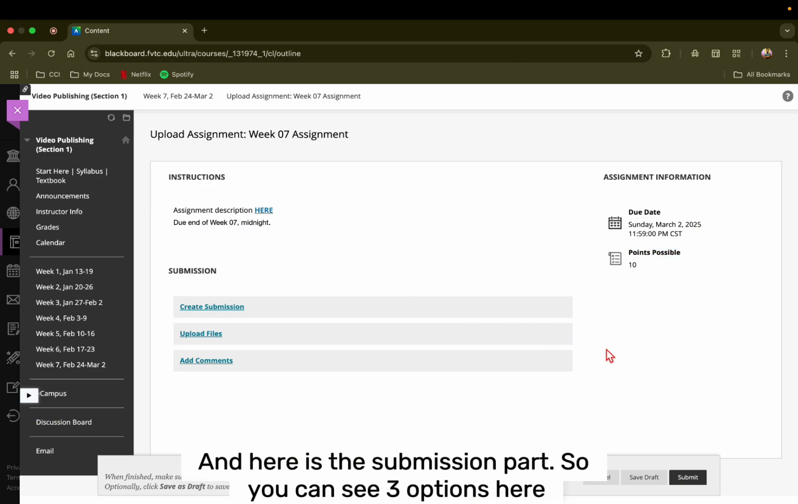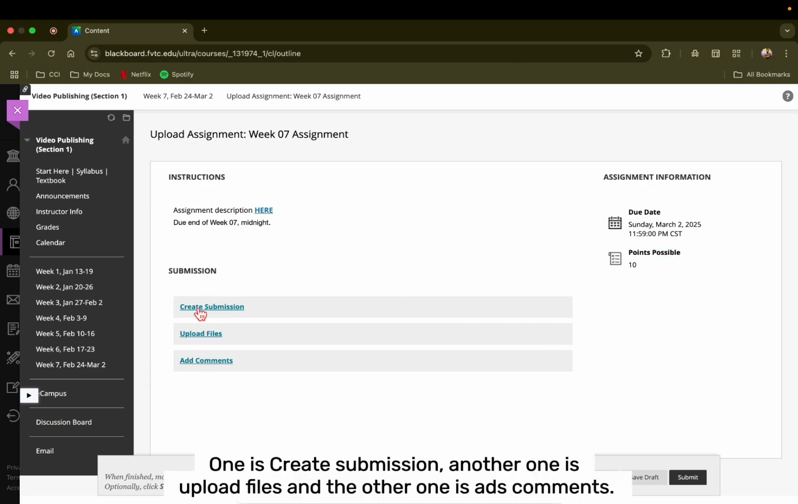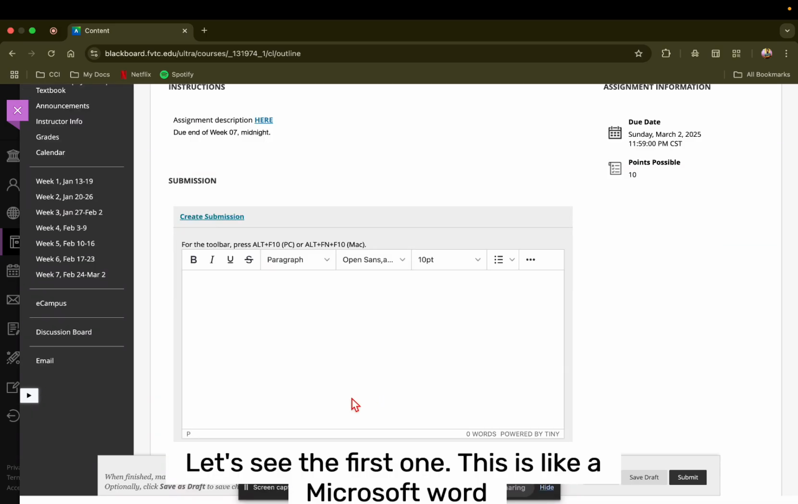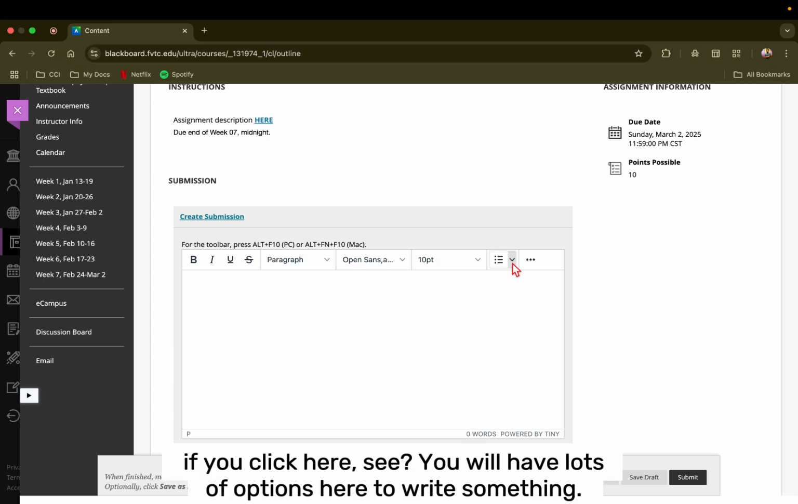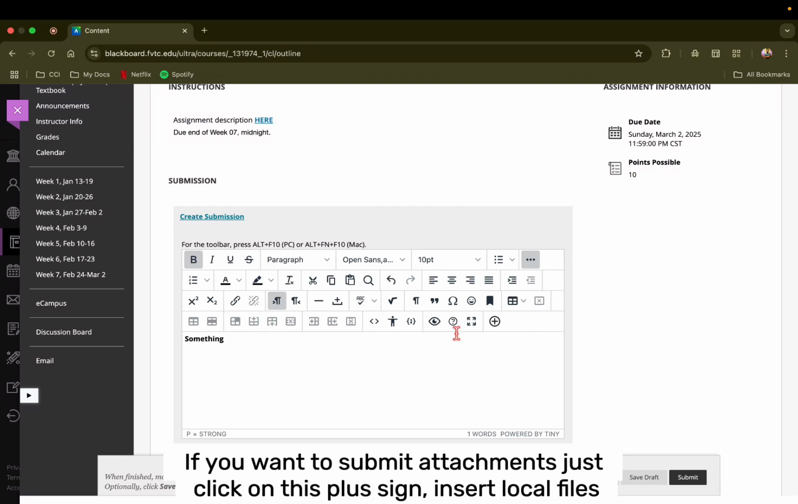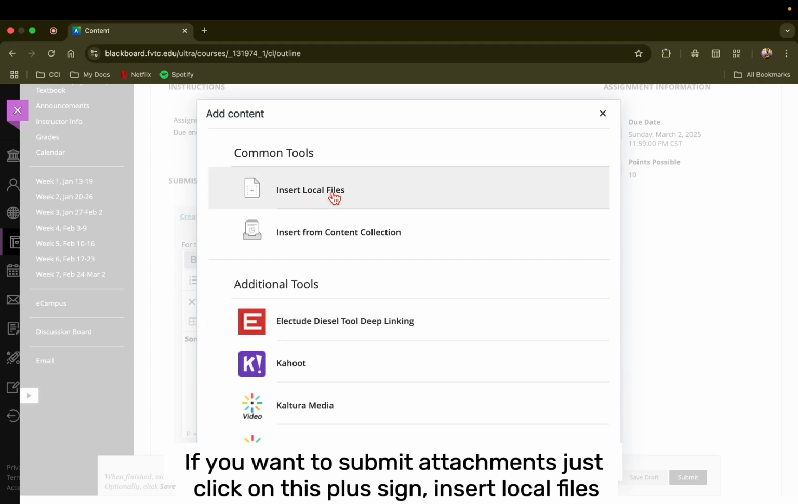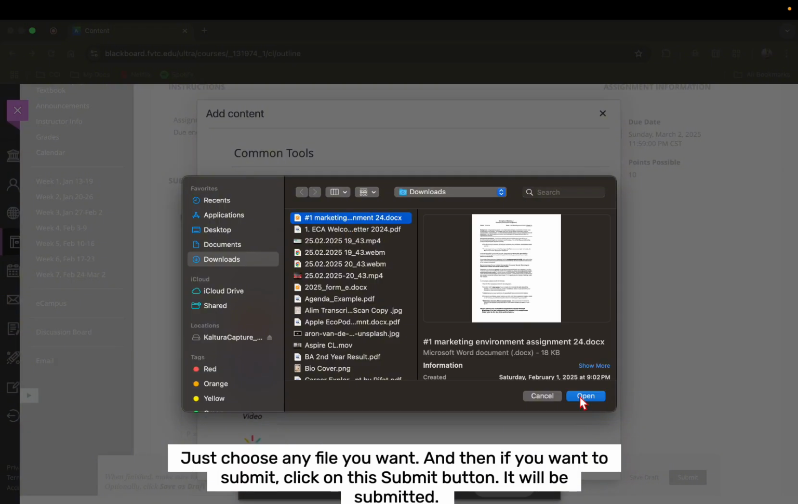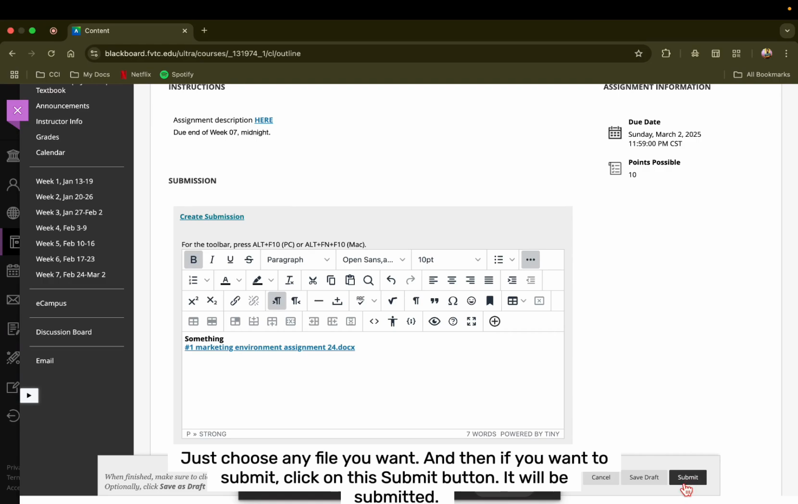And here is the submission part. So you can see 3 options here. One is create submission, another one is upload files, and the other one is add comments. Let's see the first one. So this is like Microsoft Word. If you click on here, see, you will have lots of options here to write something. If you want to submit an attachment, just click on this plus sign. Insert local files, just choose any file you want,